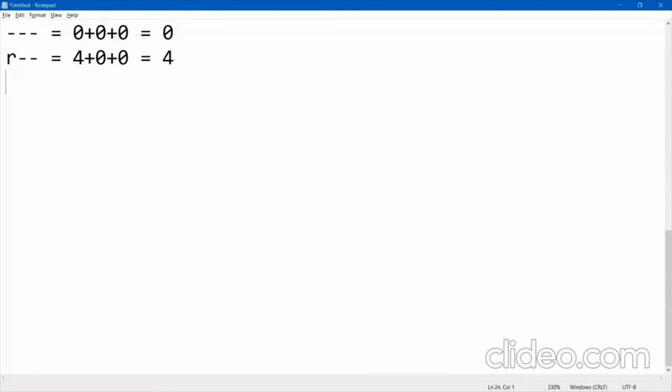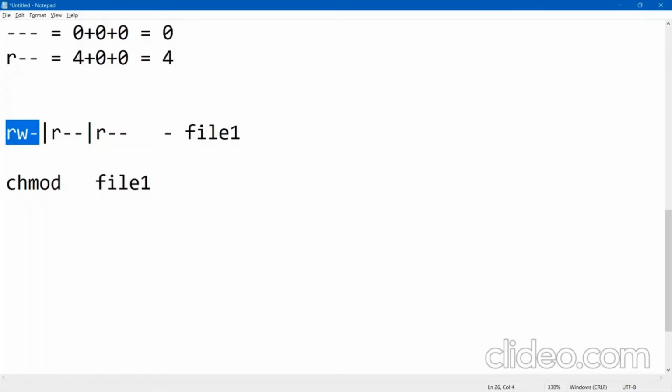Now let me copy again and paste it here. Let us try to create this same syntax using numbers. So remove this thing, we don't require. We have to focus on this, this and this. So the first command will be chmod, change mode, which file? File1. What are the numbers? For the first, that is for the user or the owner, I want the owner can read. Read means 4.